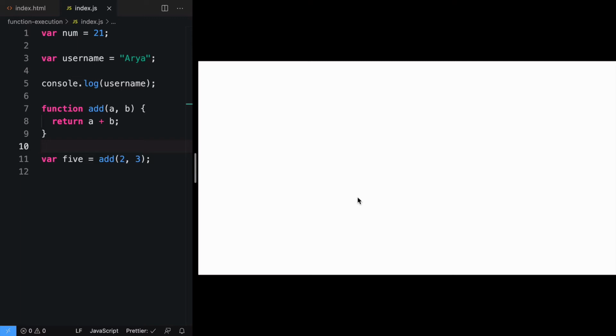In our previous videos, we have learned about how a code gets executed inside a JavaScript engine and different types of execution context like global execution context and function execution context. So global execution context gets created at the start of the program, and every time you execute a function, a function execution context gets created. In this video, we'll try to understand different phases of an execution context.